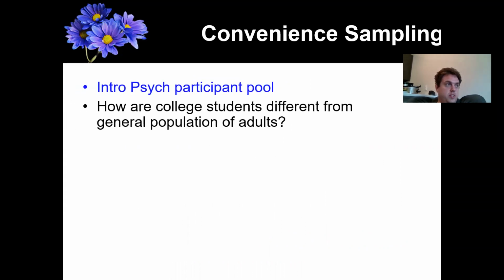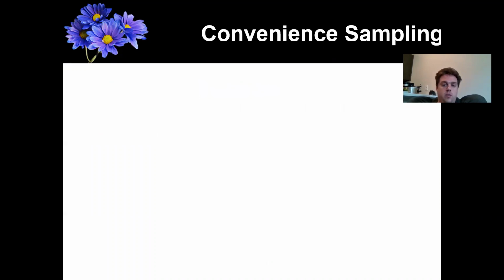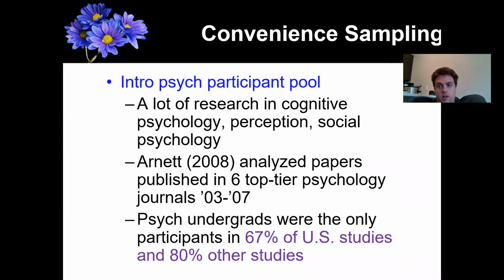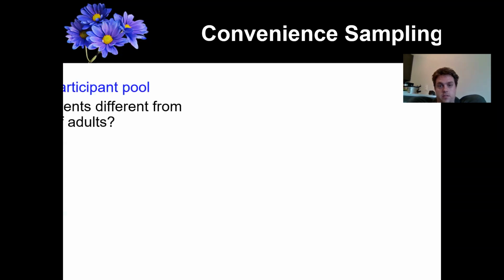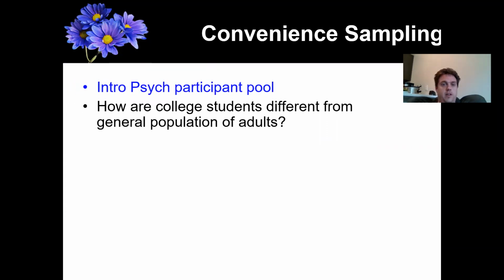Now, what I want you to think critically about is whether this is a problem or not. Well, it obviously depends. First, let's ask how college students, particularly intro psych students, might be different from the general population of adults. Remember, if we're trying to look at some memory phenomenon or something in social psychology or some perception research, we probably want to apply that to a much broader population, maybe pretty much everyone with a memory, or everyone who interacts socially with others. So a pretty broad population, right?